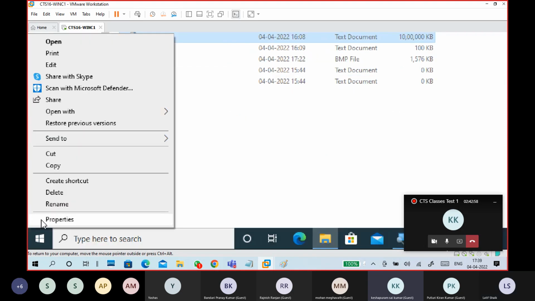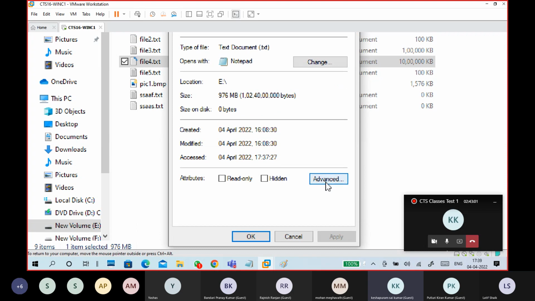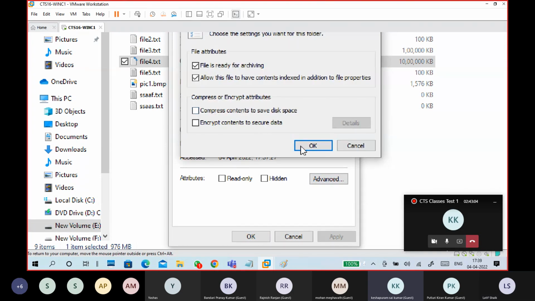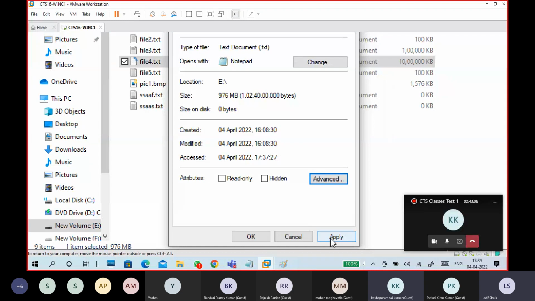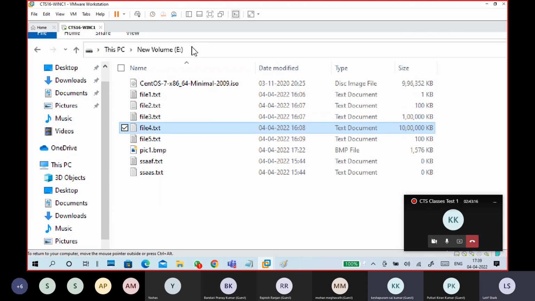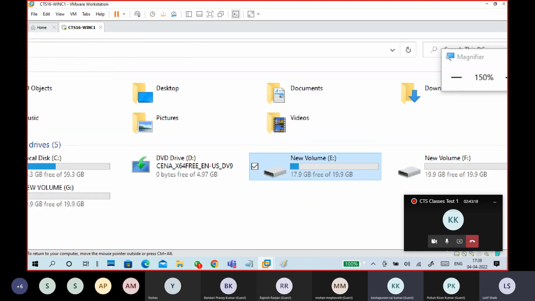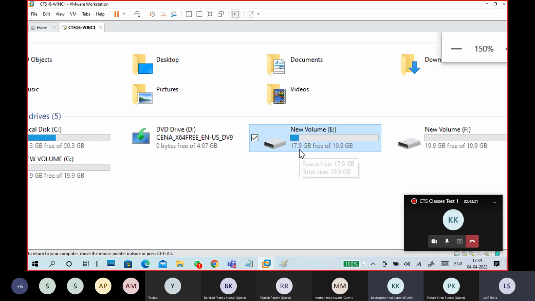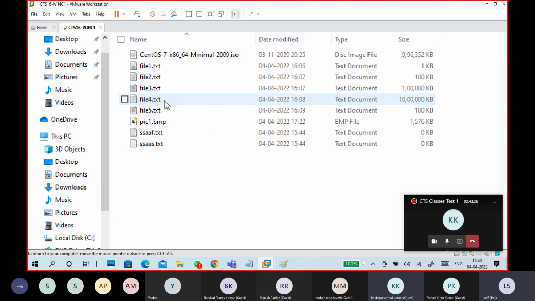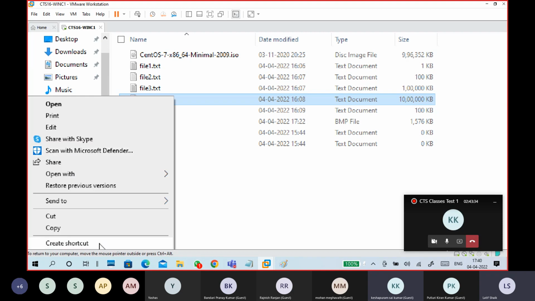Right click again, properties, advanced, uncheck that one, apply, OK, OK, then wait. The size on disk is also increased. Then go to the E drive again, back. See, 17.9. Understand? If it is normal mode, it is 17.9 GB free space. 17.9 GB free space. If I compress this file,